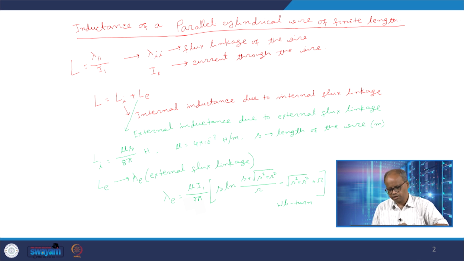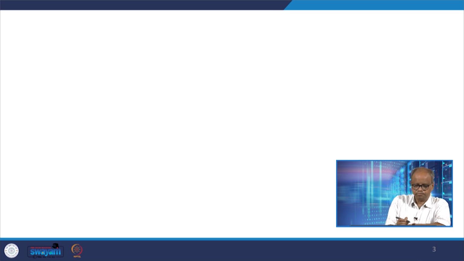Now, here of course, this expression looks to be pretty complicated, and one may wonder from where this expression comes. Essentially, the derivation of this expression is quite involved. So, we are actually avoiding this for the purpose of this course, but if you are interested, you can look into the following book for the detailed derivation: Analysis of Faulted Power Systems by P. M. Anderson,